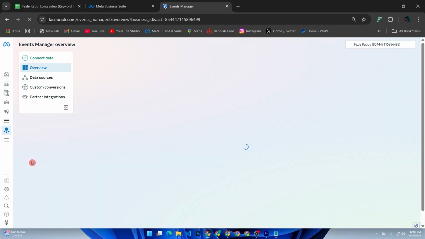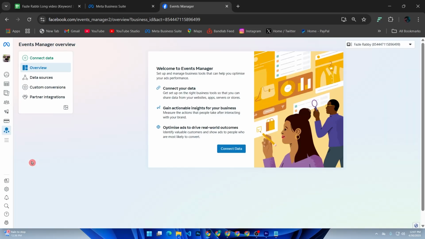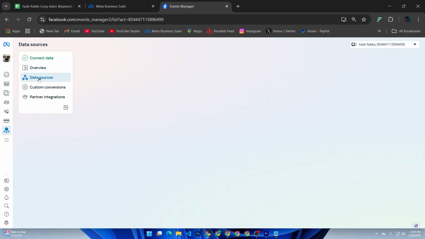Now find the pixel or select the pixel you want to delete from here. But you can't fully delete a pixel, but you can disconnect it. Go to settings